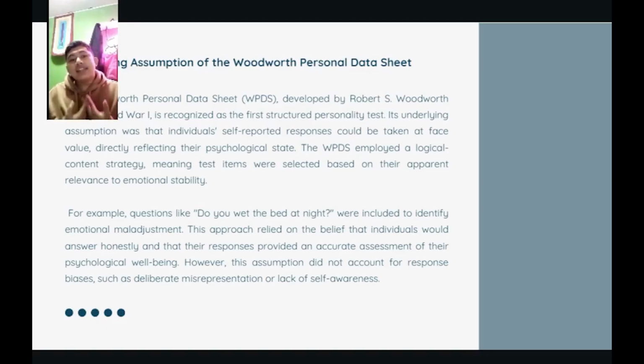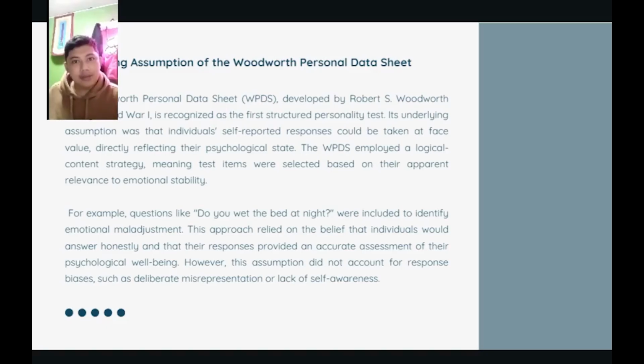So, its underlying assumption was that individuals' self-reported responses could be taken at face value. That means whatever they put in their test questionnaire, that is what it means. There is no underlying meaning, so it directly reflects their psychological state. And the WTPS is employed as a logical content strategy, meaning that test items were selected based on their apparent